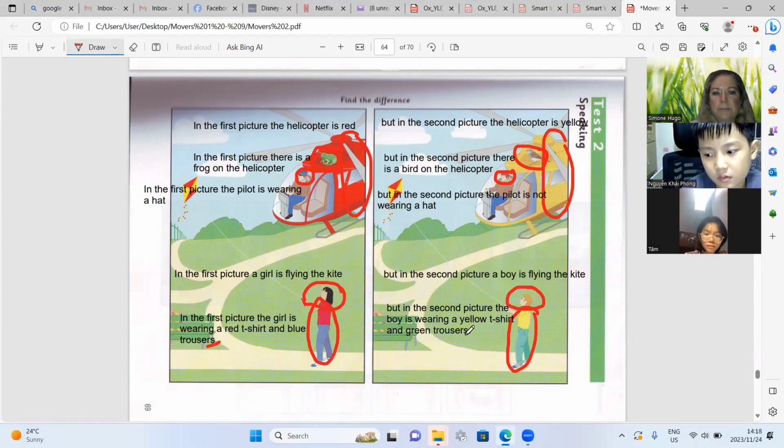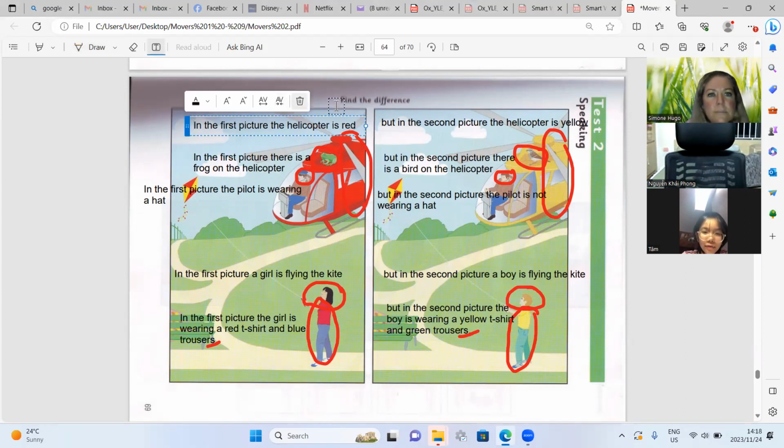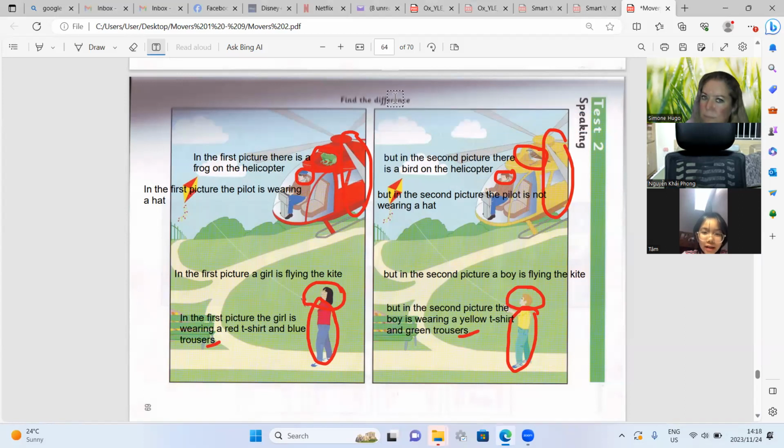Okay, Tom, your turn. In the first picture, the helicopter is red, but in the second picture, the helicopter is yellow. In the first picture, there is a frog on the helicopter, but in the second picture, there is a bird.